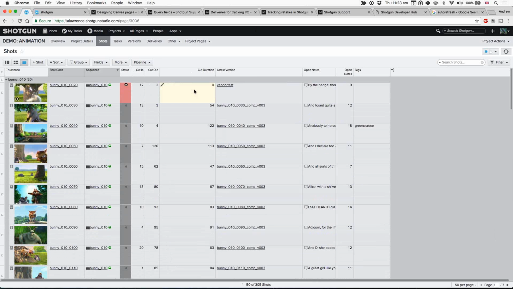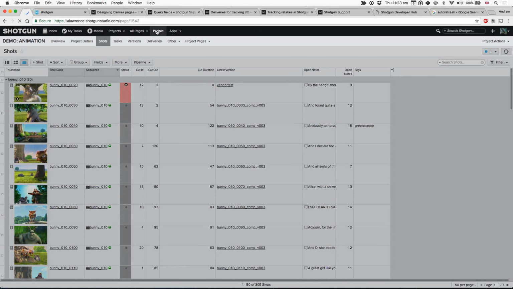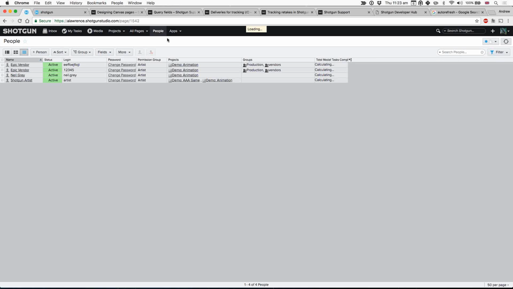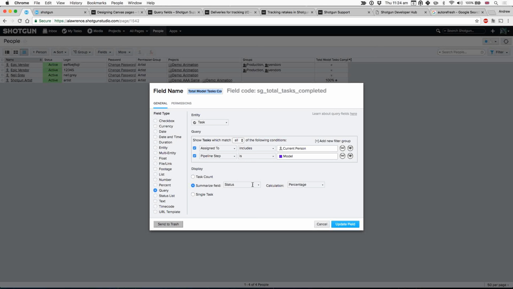Unfortunately, it's not like Excel where we can do A plus B equals and then put that value into a new field. That is not what query fields can do. The mathematical operations that they can do are based on summarizing information. So you saw when I created my query field on people, I was doing a summary of the percentage. And I can do a summary based on other percentages as well, but that is kind of the extent of what we